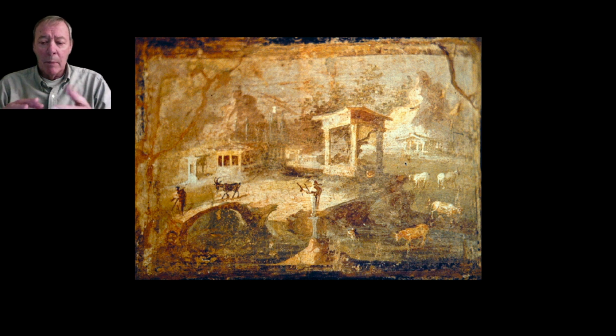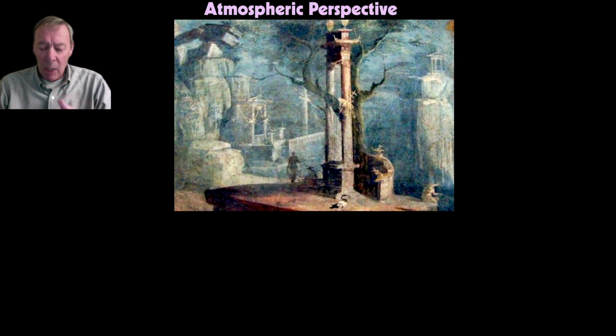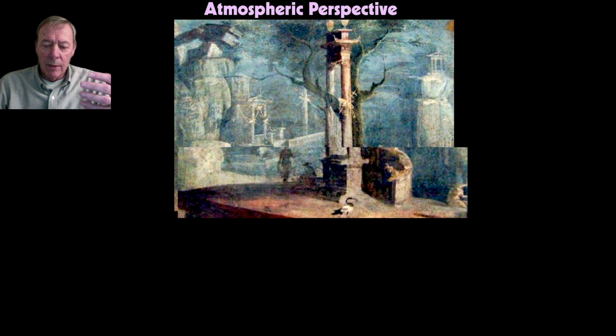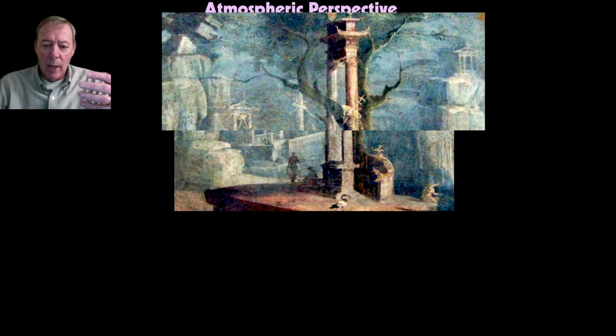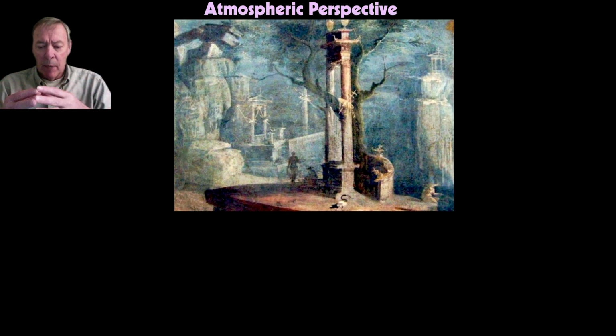But they were capable of using what we call atmospheric perspective. In atmospheric perspective, the artist tries to simulate the illusion of depth by using devices to suggest that some things are close to us and other things are farther away. Atmospheric perspective is generated by the effects of atmosphere in an actual landscape. So, if you want to make it look like some things are close to us and other things are farther away in a landscape,